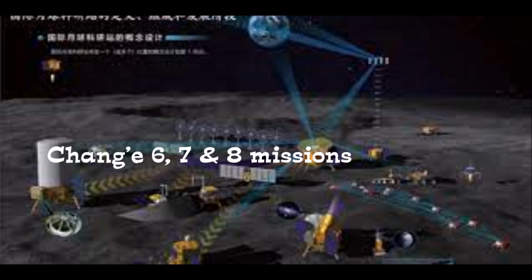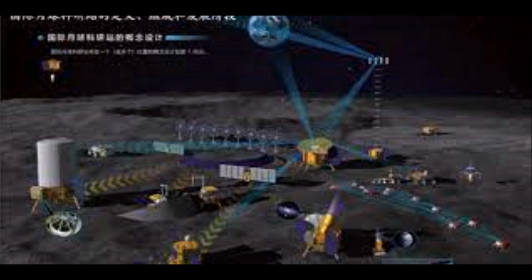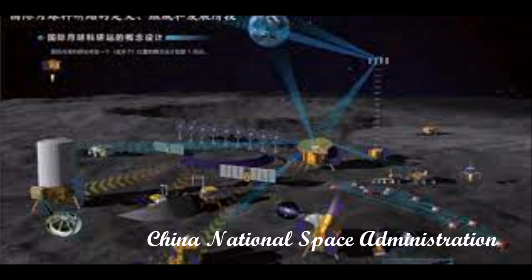Between now and then, China will launch the Chang'e 6, 7 and 8 missions, with the latter tasked to look for reusable resources on the moon for long-term human habitation. The Chang'e 8 probe will conduct on-site investigations of the environment and mineral composition, and also determine whether technologies such as 3D printing can be deployed on the lunar surface, China Daily reported, quoting Wu Weiren, a scientist at the